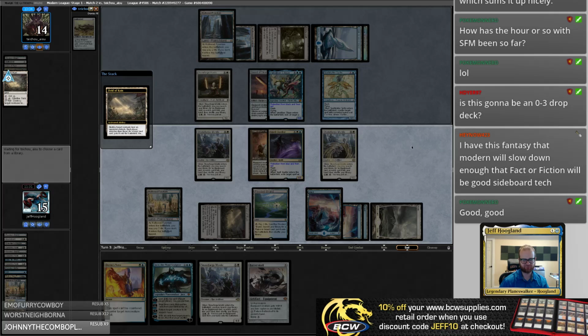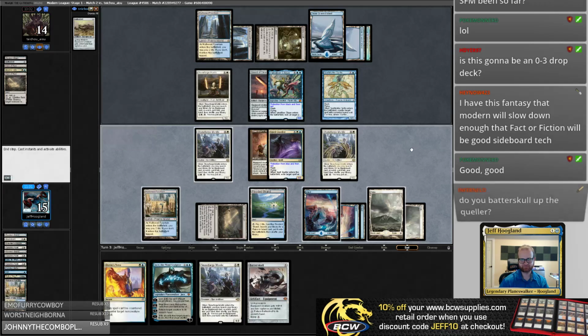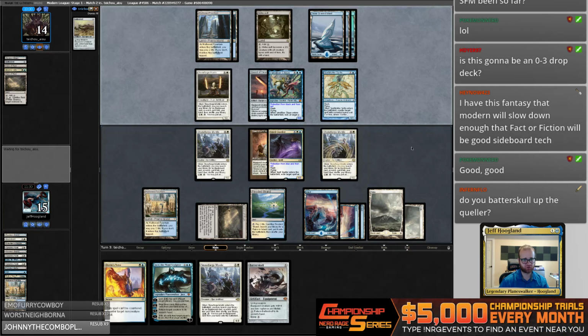Thanks for giving me an untapped land. Do we Batterskull up the Queller? Yeah, probably, because this has protection from black, so...